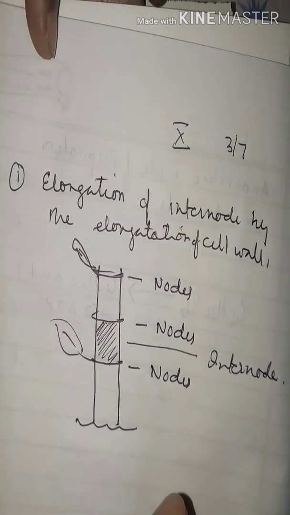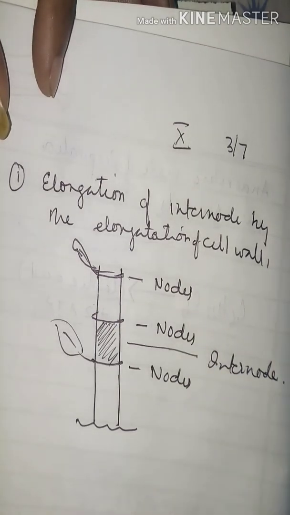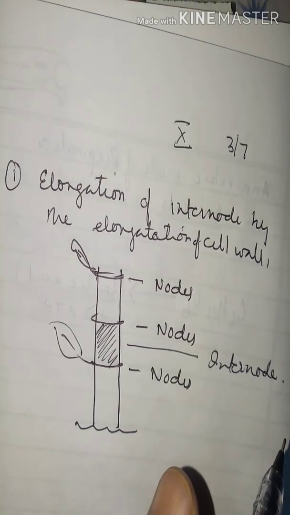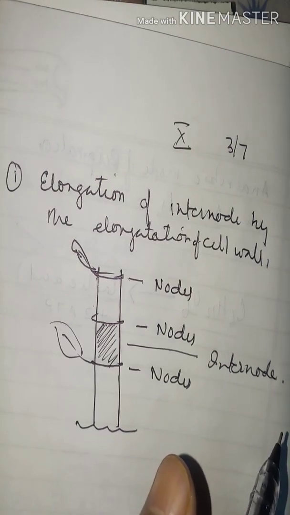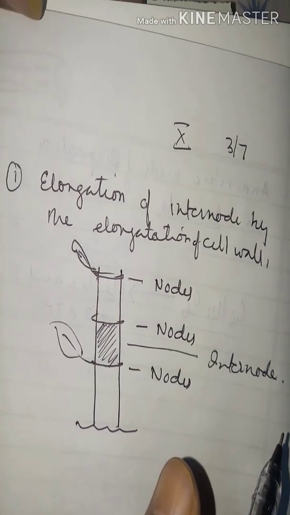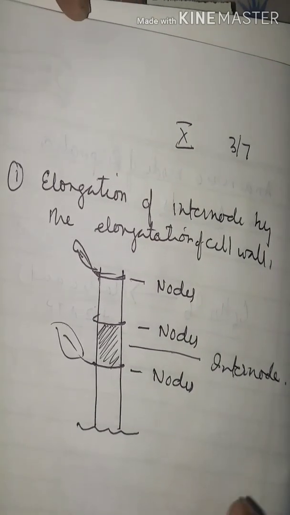So the first function of gibberellin is to lengthen the internode, especially in the sugarcane industry. The greater the length of the internode in sugarcane, the taller the plant will be and the production of sugar is maximum. That's why in sugarcane industries, gibberellic acids are introduced externally, only to enhance the length of the internode.